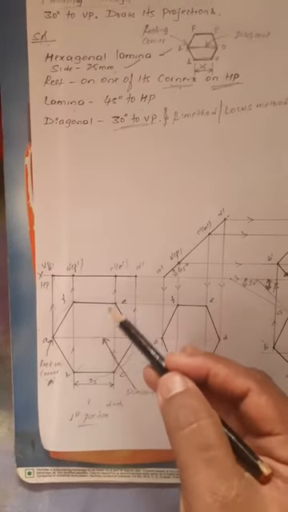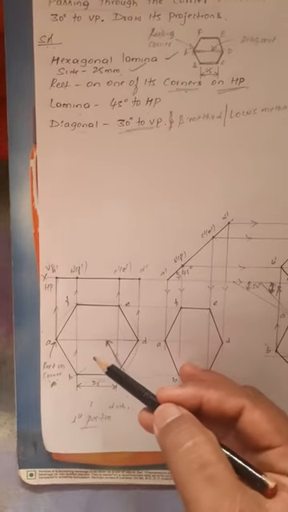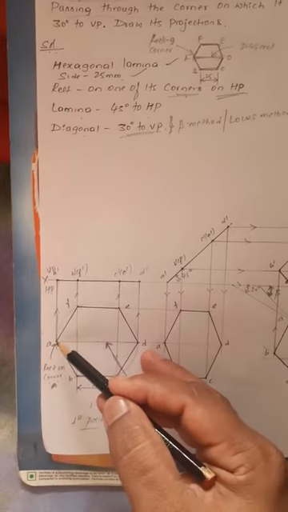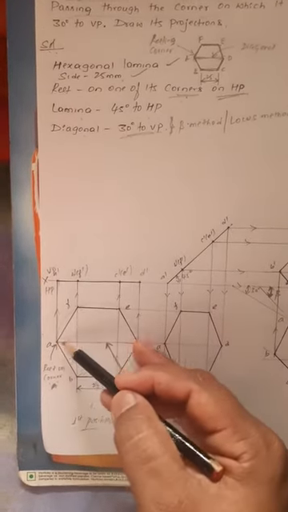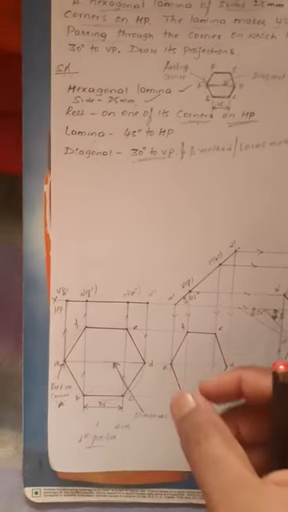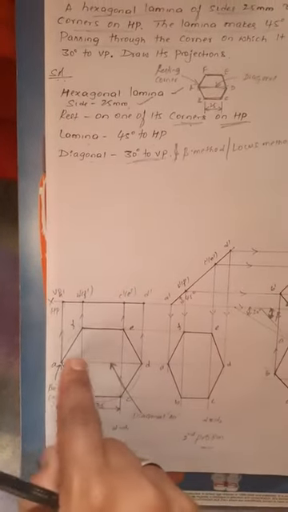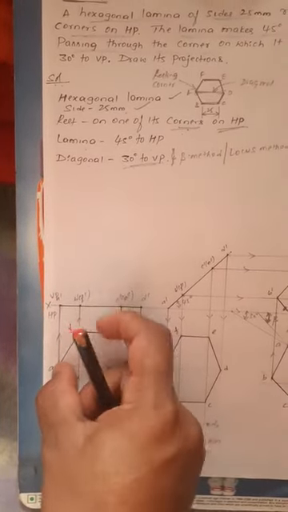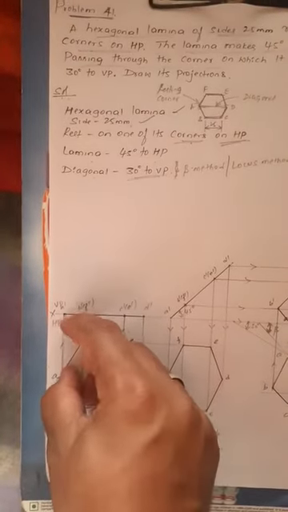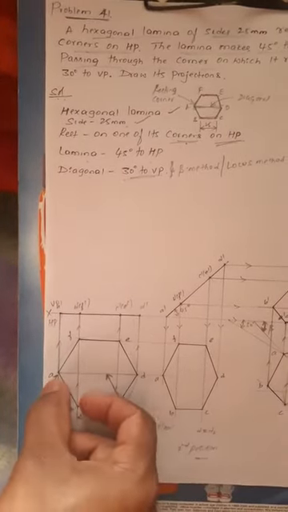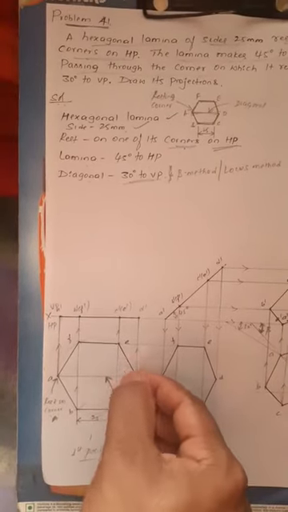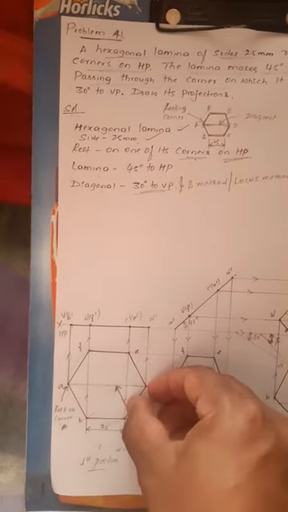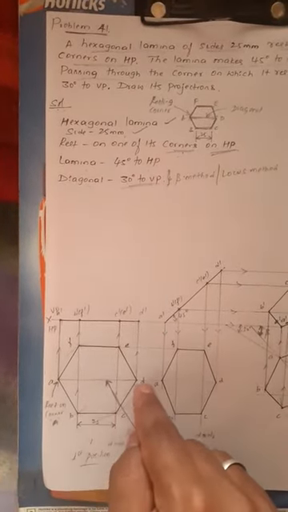How do you get this? Draw a circle of 25 mm radius. Draw a horizontal line. Where the horizontal line and the circumference of the circle intersect, mark the point. From that intersection point, take a 25 mm radius and draw an arc on both sides. From the other end also, take the center at the intersection of the horizontal line and the circle's circumference, and draw one more arc. Now that gives the corners A, B, C, D, E, F.